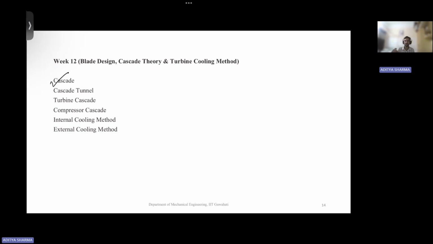So this can be straight, which is also called rectilinear cascade. Then there is the annular cascade, which we see in our actual cases. A cascade tunnel is basically a type of wind tunnel which is used to study the flow across the cascade. In the turbine cascade and in the compressor cascade, what forces are involved? Lift and drag forces. All this has been discussed in this content. Then comes the cooling of your